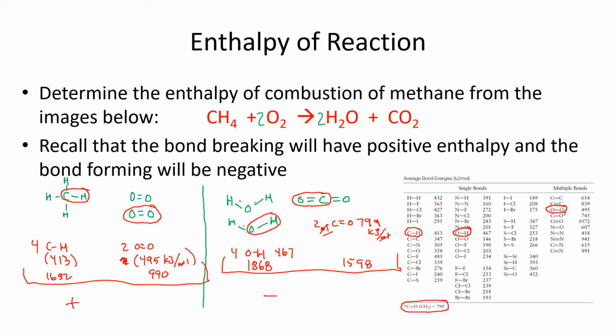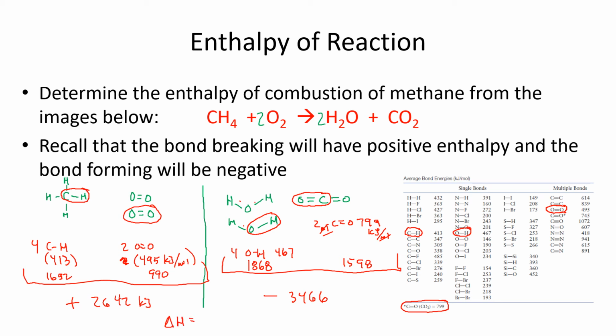is exothermic, so it's going to be negative. So we'll add these two together. 1652 plus 990 is 2642 kilojoules. And then the exothermic part is 1868 and 1598, which is 3466. So it's going to absorb this much energy, give off that much energy, and so the difference, delta H